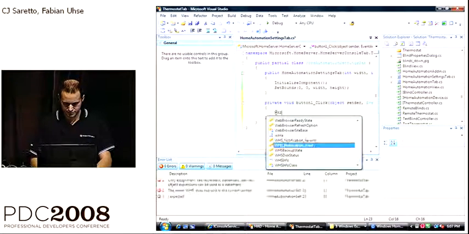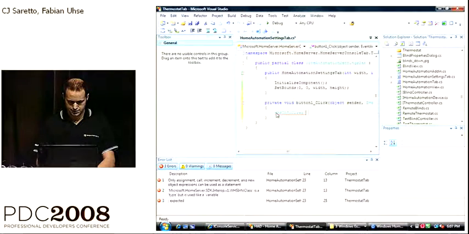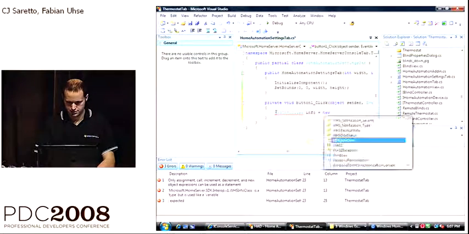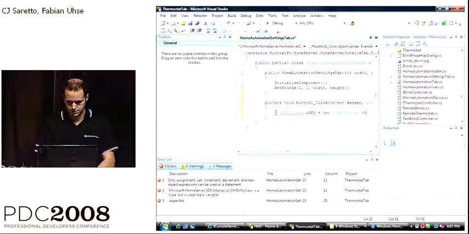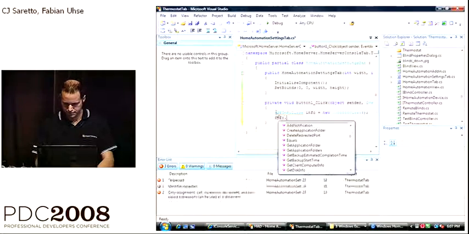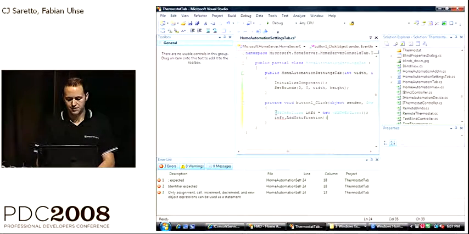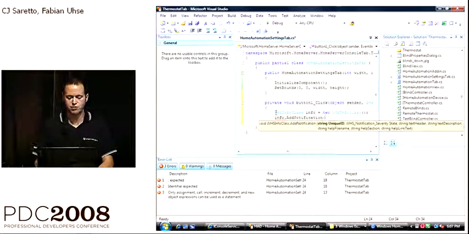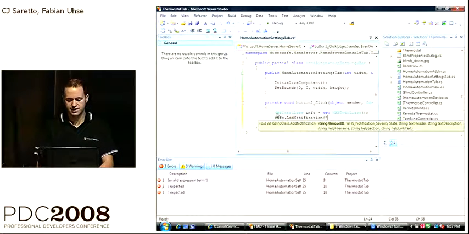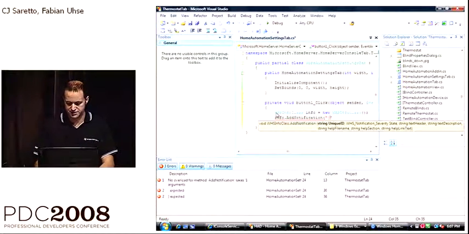I can call the WHS info class object. And now that I have that, info.addNotification. And a notification has a couple of things it needs to have. One is a unique identifier. This uniquely identifies the application to the system. So we'll give it a GUID. It's the safest thing to do.